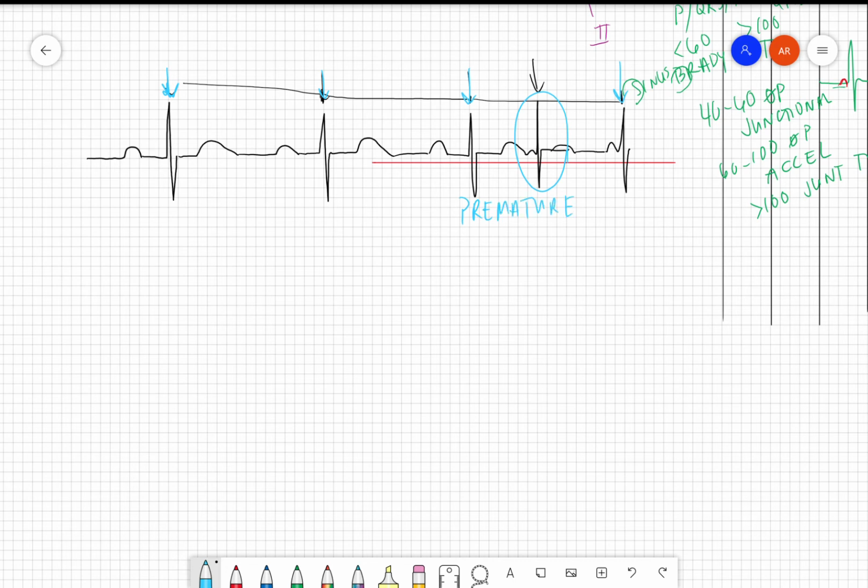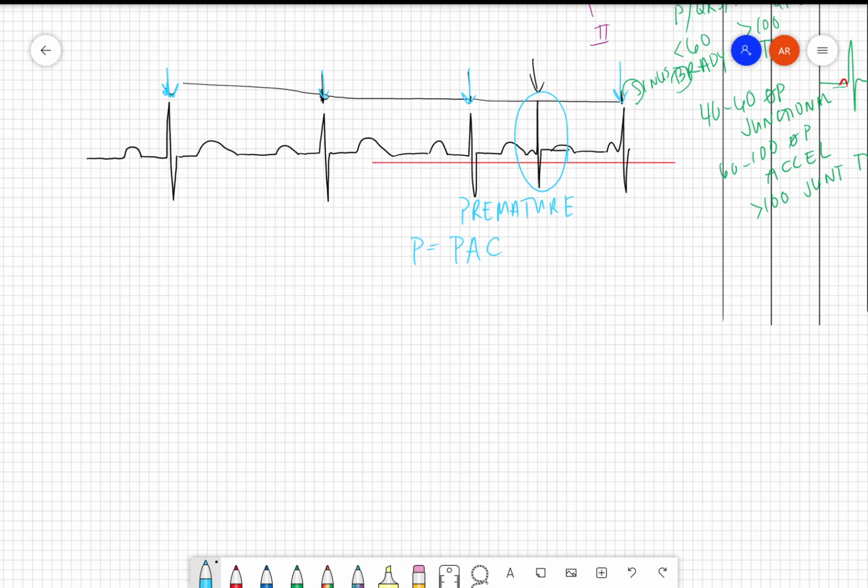So it's premature something, right? We've already established what our atrial should look like, what our ventricular should look like, and what our junctional should look like. So if it has a P wave, it may be a premature